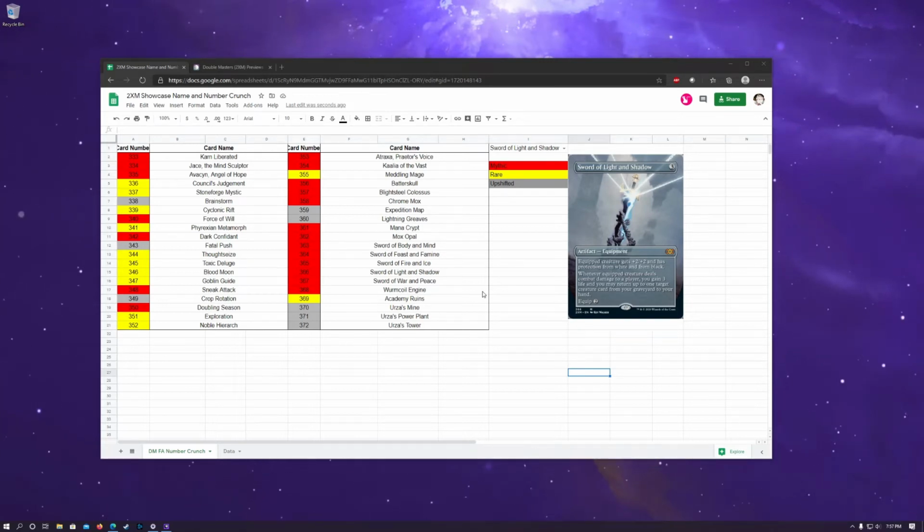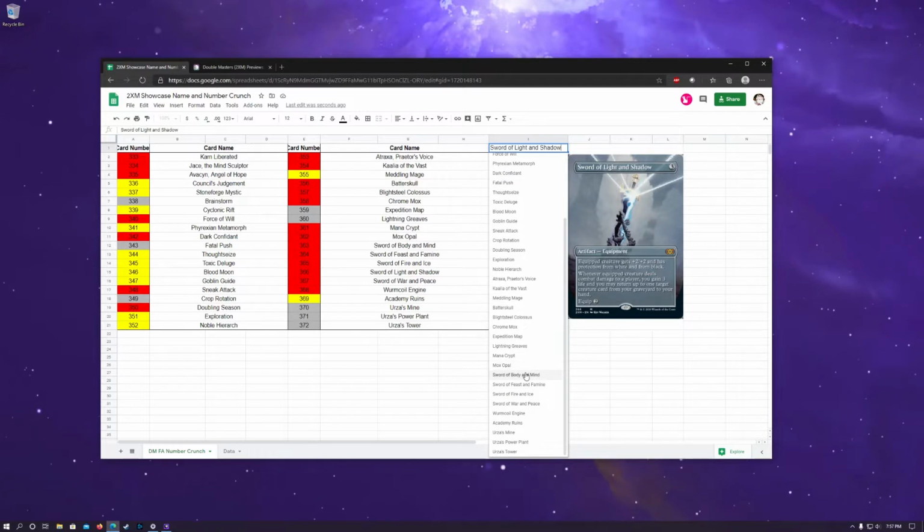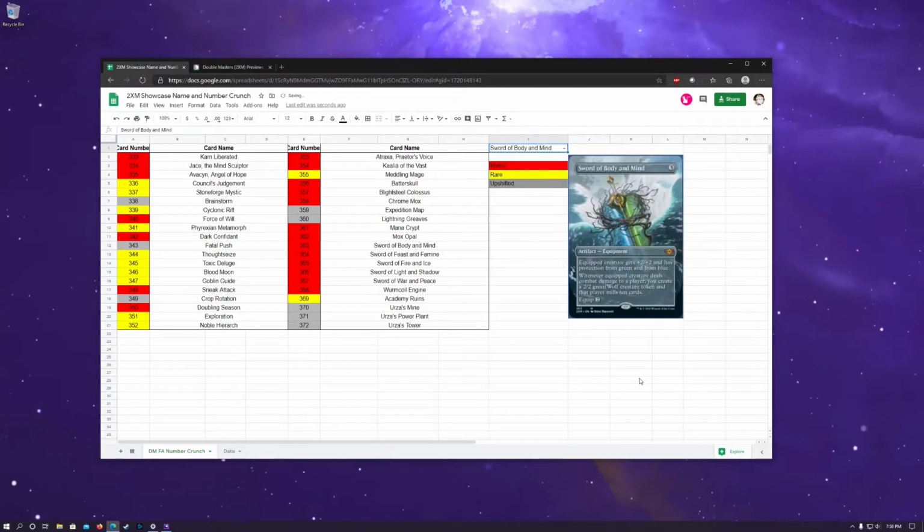What is up, everyone? Welcome back to day 10 of the Double Masters Showcase Cards Name and Number Crunch. And as of today, it looks like we have everything spoiled. The last three cards were kind of spoiled today, and I'll get into that in just a second. But first, let's take a look at our first spoiled card, which is Sword of Body and Mind, sitting at